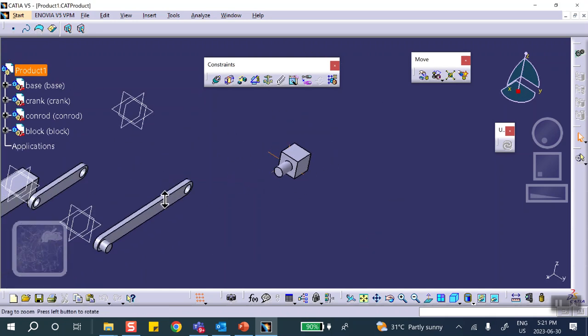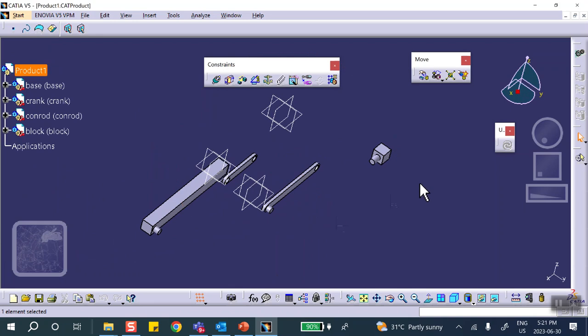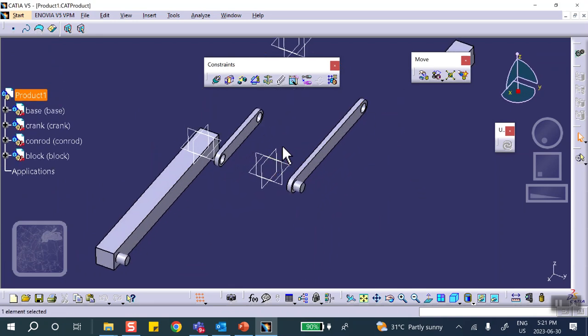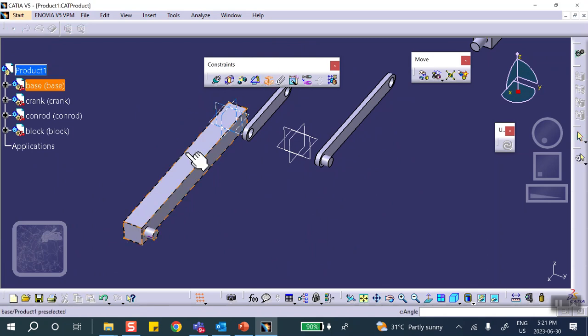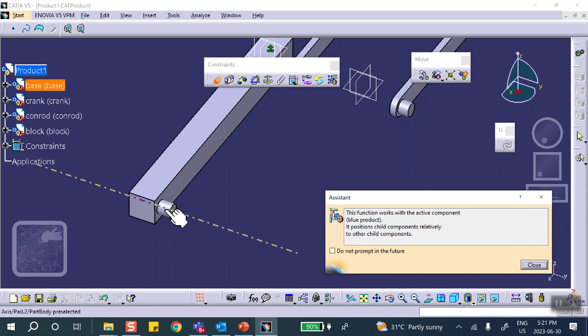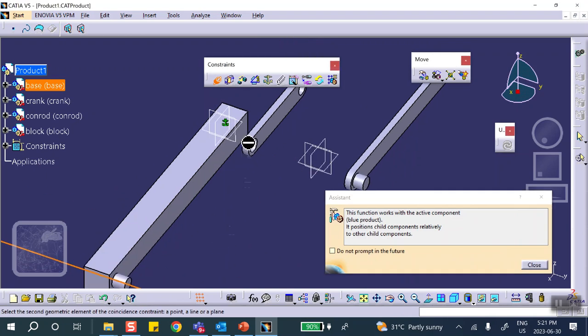Okay, where are these things? First thing I'm going to do is to anchor the space. So click on the anchor, the space. Good. Then I'm going to put this crank on that pin. So coincidence between this axis and that axis,